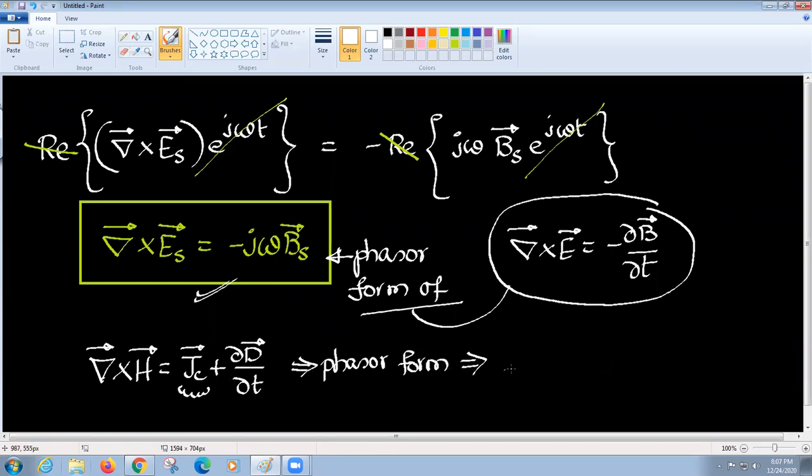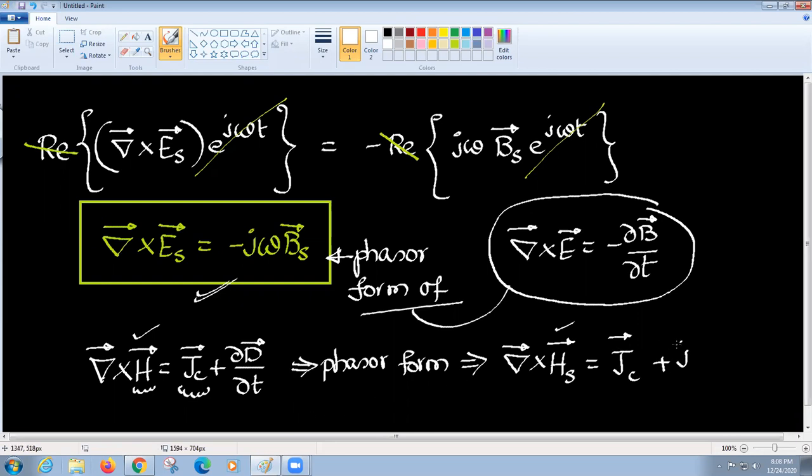My H is dependent both on space and time, but curl is dependent only on space, not on time, so I can factor out that e power j omega t. So curl of Hs, the phasor form of that instantaneous form, is equal to the conduction current density Jc,